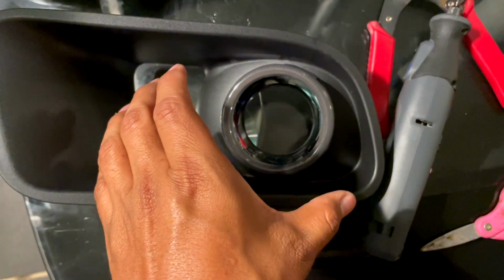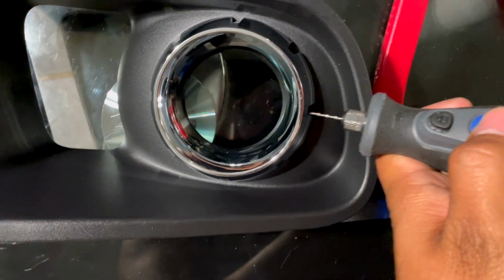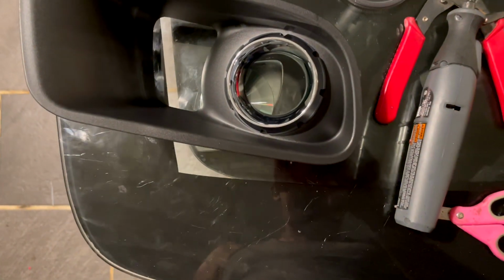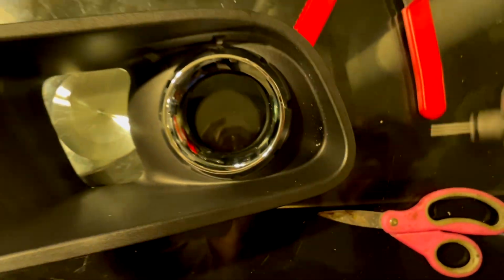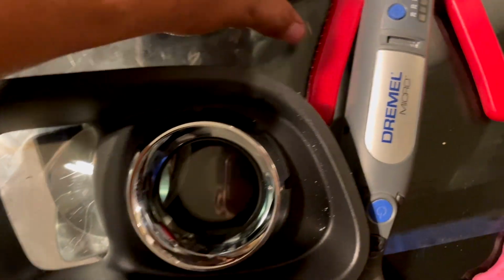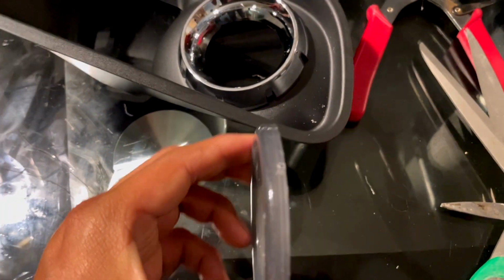Okay, so the way you mount this is, again, really easy. Make sure you remove that two-sided tape, but you're gonna need one of these just to make a hole on both sides, on left and right, so you can run some wire and they can stay on. Same thing with this one. You're gonna need to make holes on the side. Guys, so if you look, again, I made two little holes right there, and you basically grab this wire and